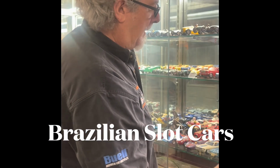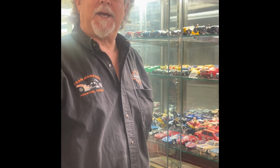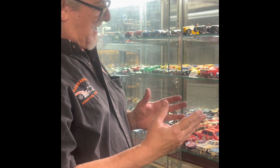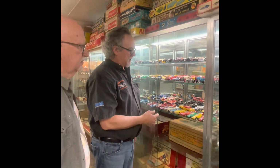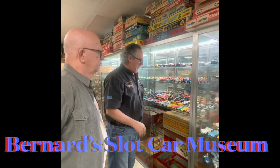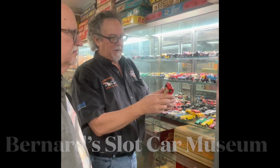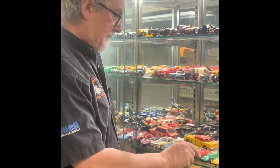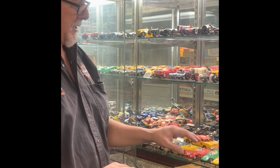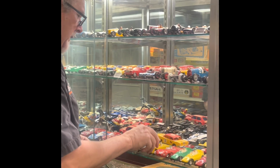So now, we went south of the border to Mexico, but you know, that's not far enough south. We're going to go down to Brazil. And Australia was the big company and the big toy company in Brazil. And in slot cars, they were like Scale Electric in England or Strombecker here in the United States. Now you'll notice some of these cars look like the Scale Electric car, except when you turn them upside down. It was too expensive to sell anything from outside the country in Brazil, so Australia made contracts with people and